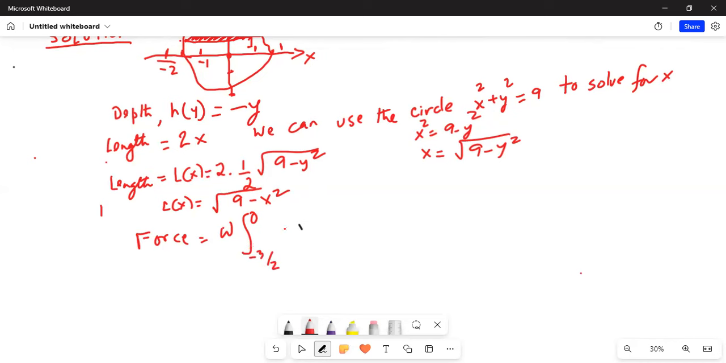Okay, and hy times L. Okay, actually this is Ly. I'm corrected. Ly times delta y, which is the thickness. Okay. So that will be